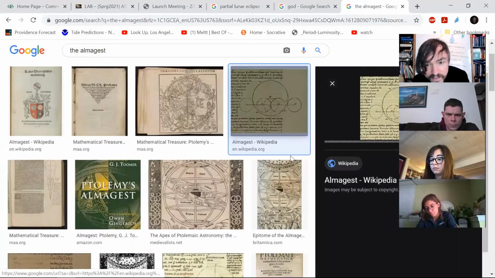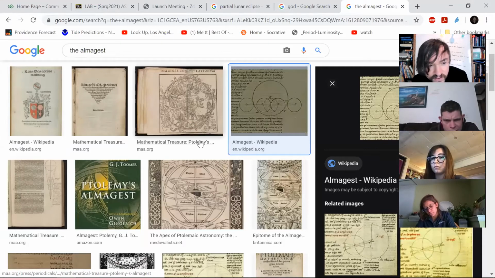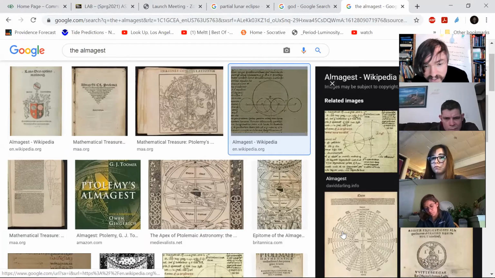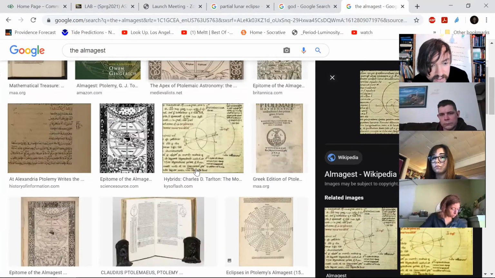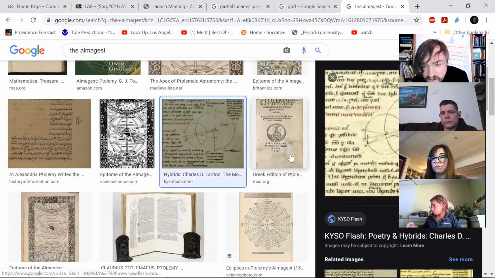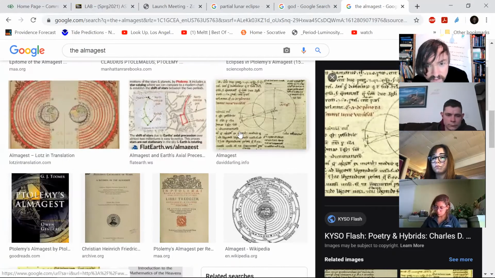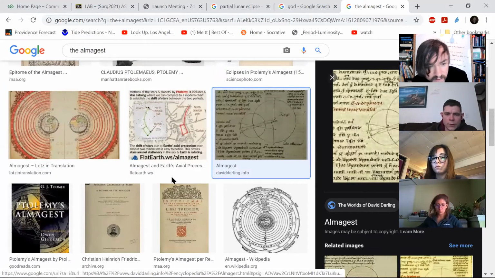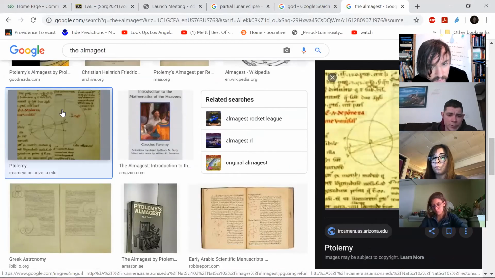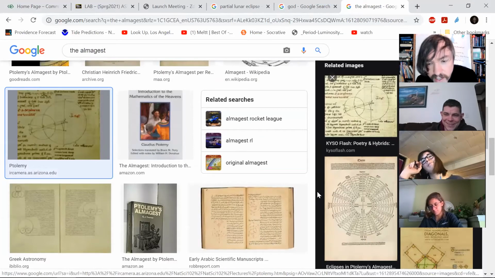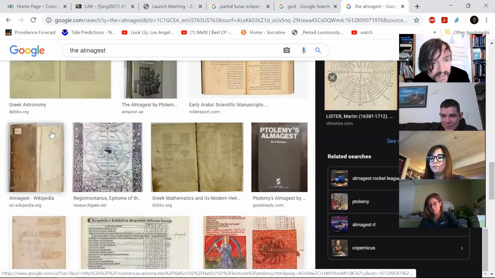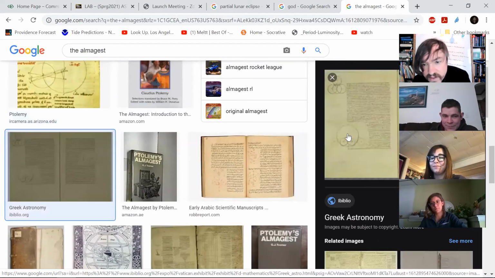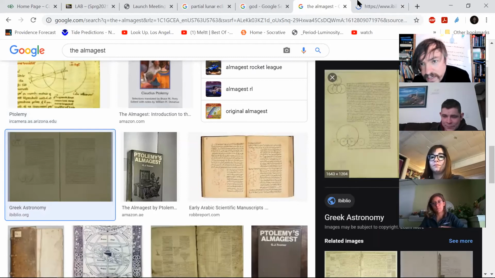It features diagrams like this with rotating circles on top of rotating circles and complex geometrical arguments. It's kind of beautiful. It's considered a classic of the ancient world today. Could I find a larger picture here? So did he win his argument by confusing the hell out of people? No, actually, some people argued that he did that, but the reality is the reason why he didn't confuse the hell